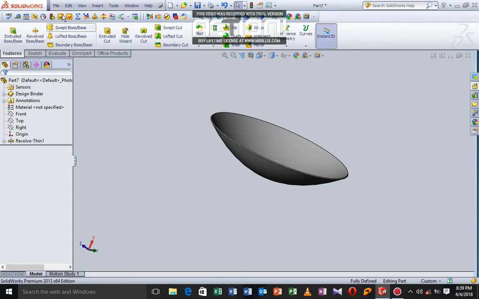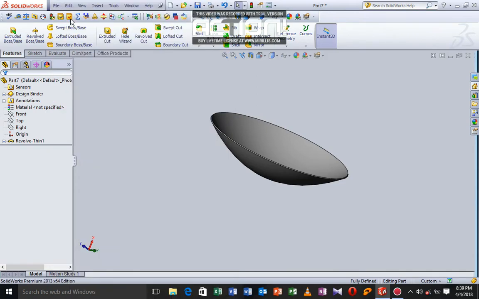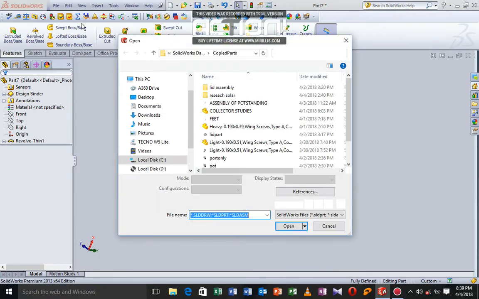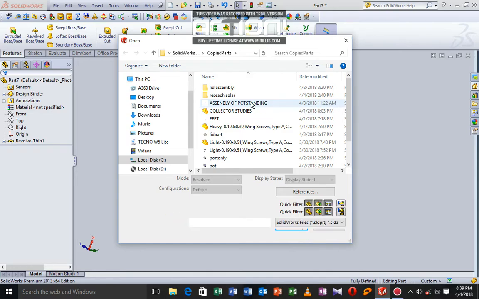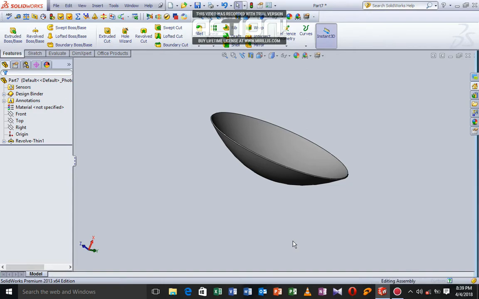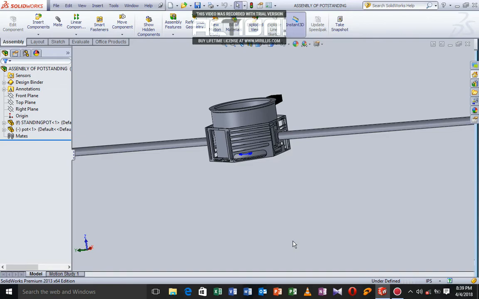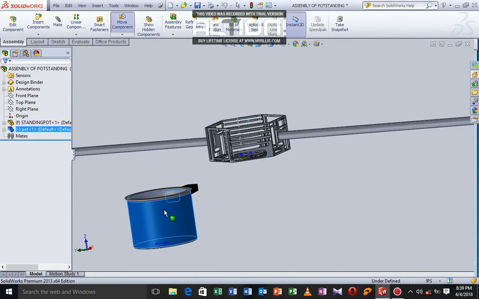So I'm just going to go right over to file. I'm going to open, and I'm going to go to what we call assembly of part standing. It's a name that I gave. I'm going to open the project. Now we are going to see in reality what we mean by an assembly. Now we have here two different parts. So two different parts. This one that happens to be the pot, and another that happens to be the frame